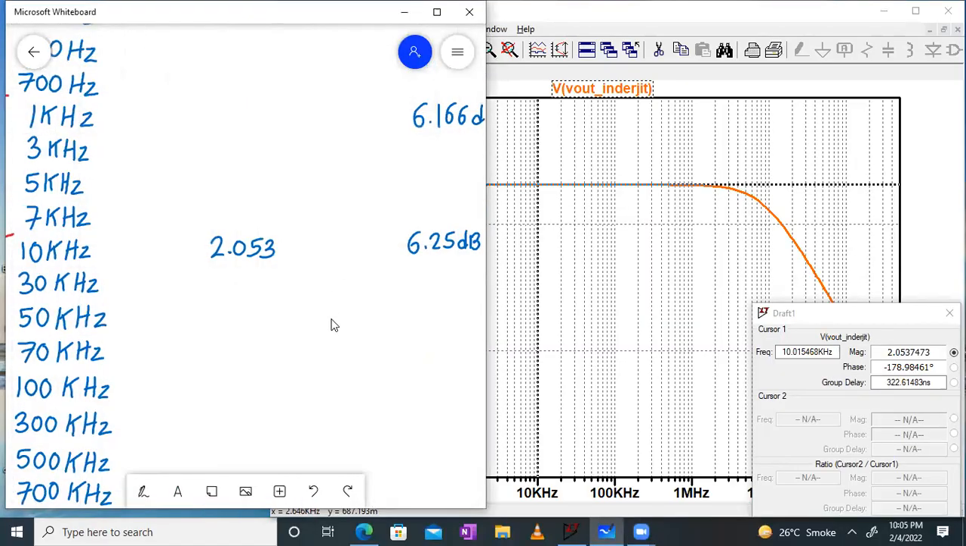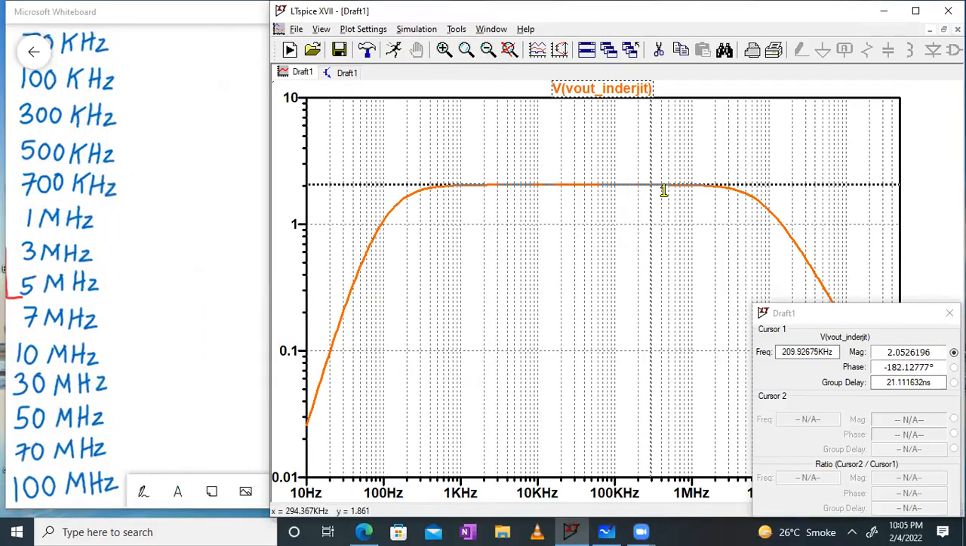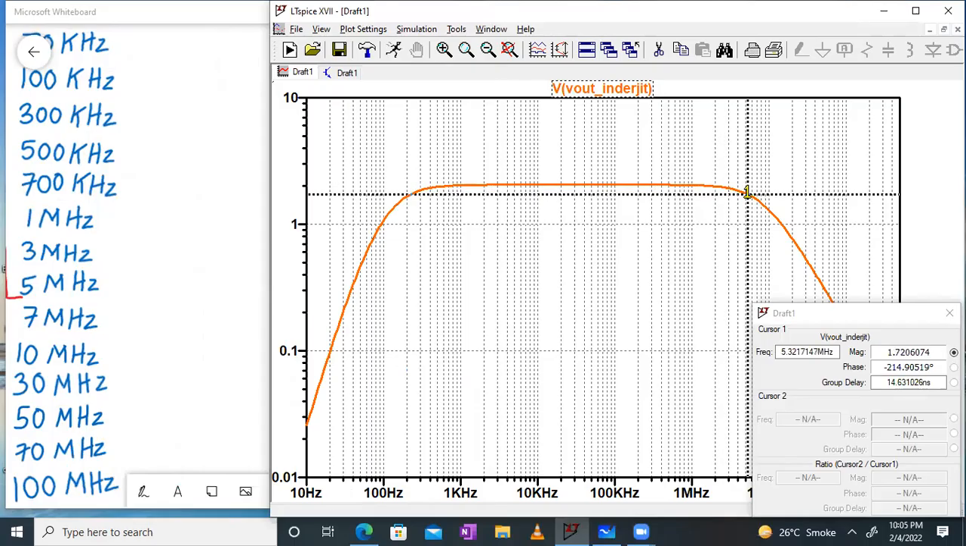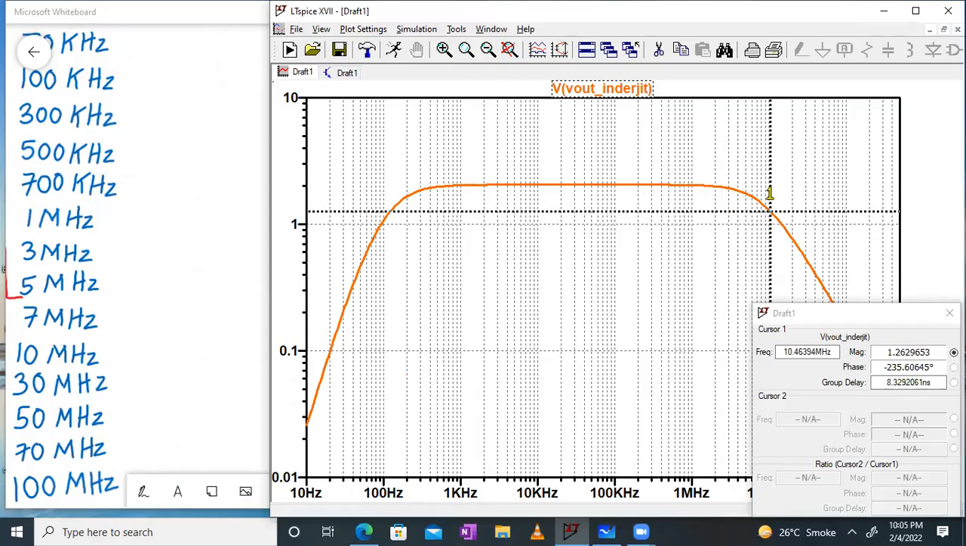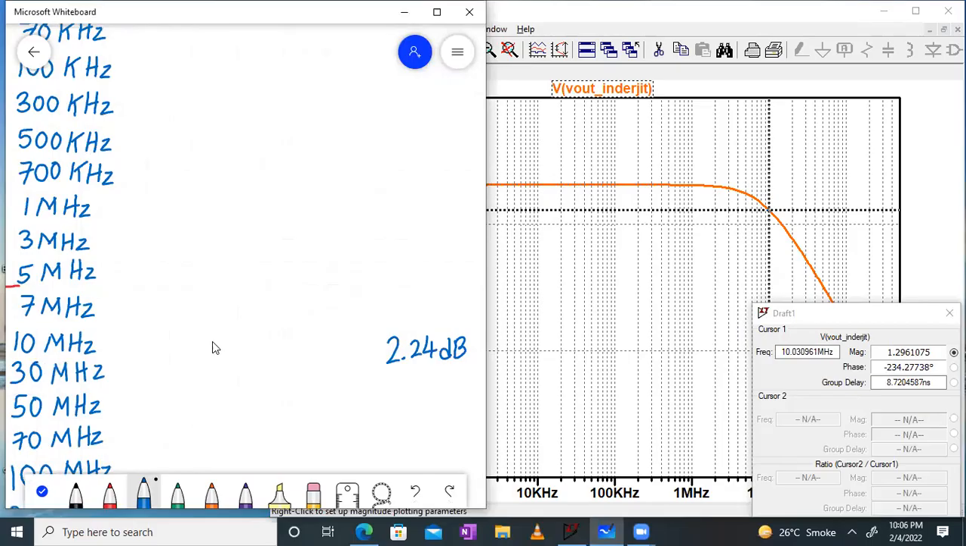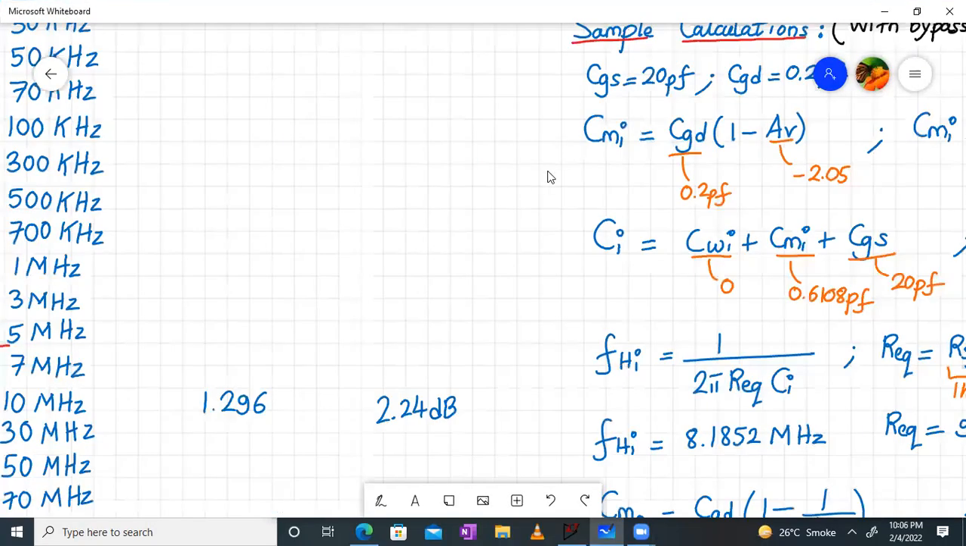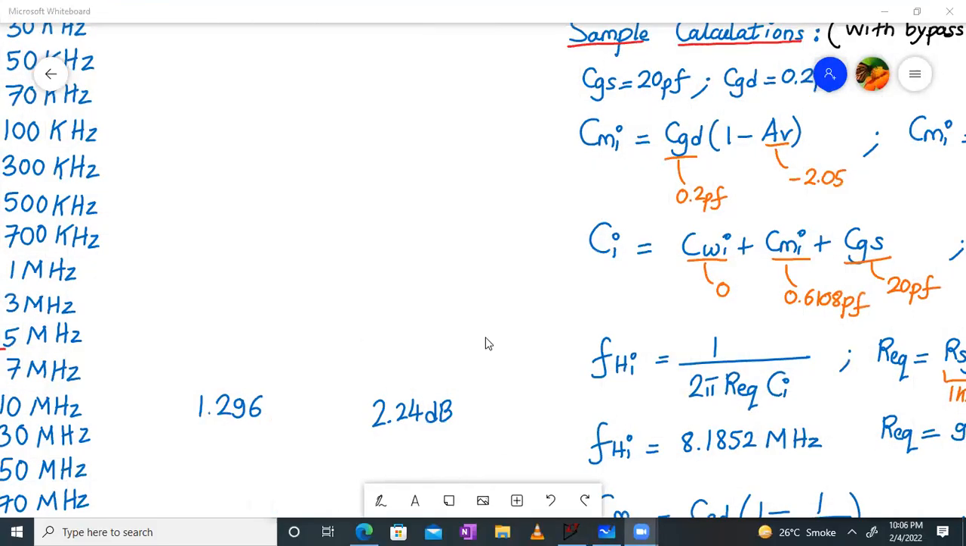Next, we can note down the value at around 10 megahertz. So let's check it out. At around 10 megahertz, what's the value? Here it is approximately 10 megahertz, and the value of the output is 1.296. So we can write it over here accordingly. It is 1.296. Now remember, while we are writing this, we are assuming that the input over here, Vs, is of 1